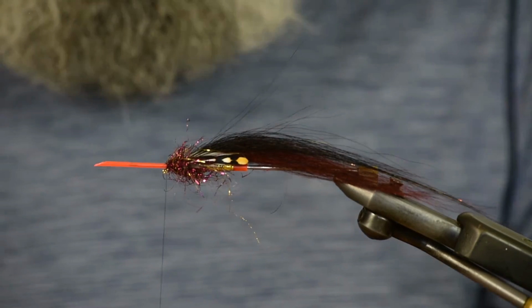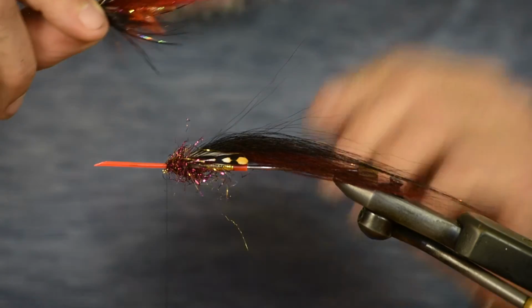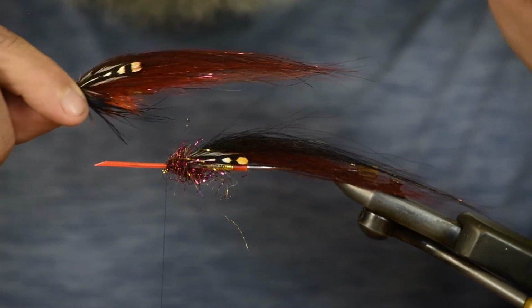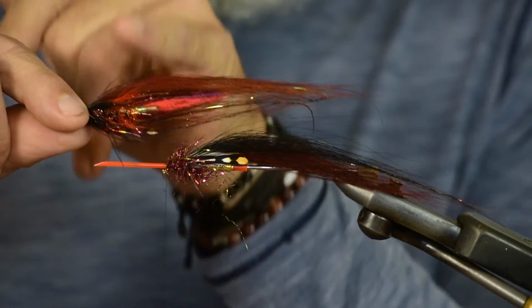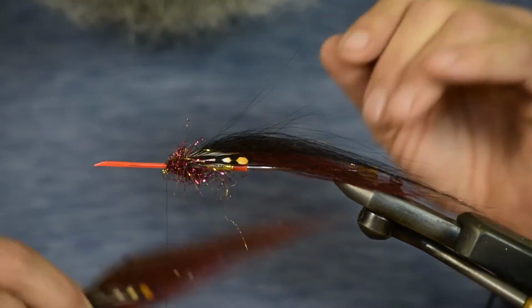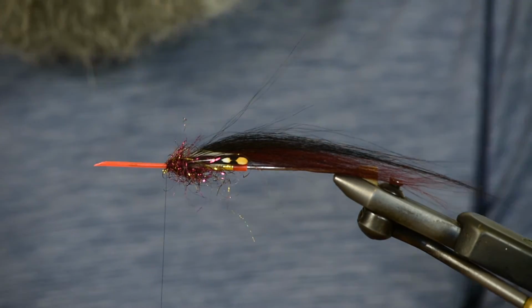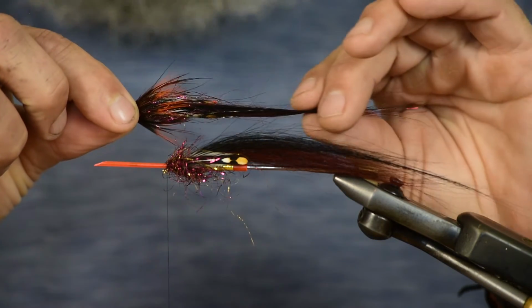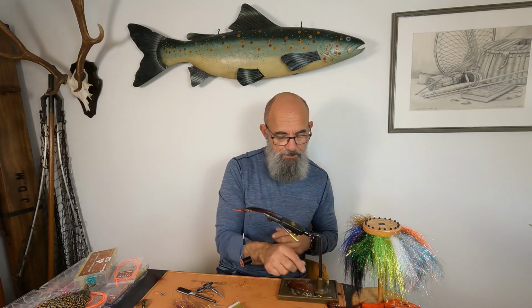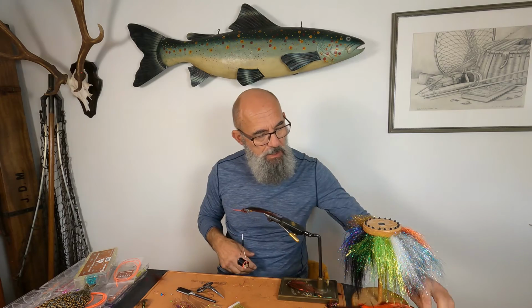So if you just take up the Pahtakorva, the original one, and you look at how different they are, you can see how broad I tie this in and how narrow I tie this in. You can look at this one that I tied before. You can see the wing is tied in right on the top to make a very slim profile. Okay, so on a Pahtakorva I use